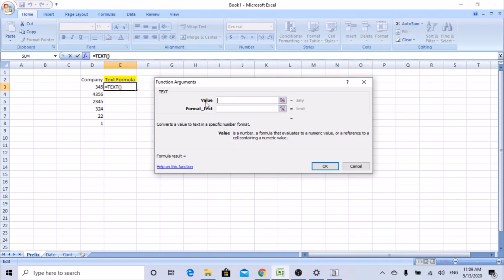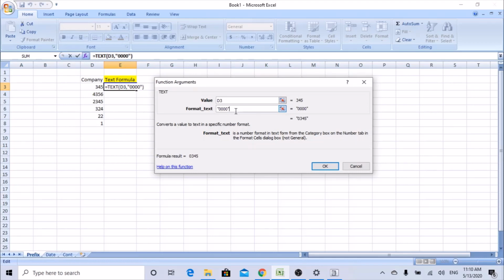It's asking for a value. The value is nothing but the cell you're trying to apply the text format to. I know it's D3, so I've selected this cell. Let's move into the other box, either by clicking tab or directly with the mouse. As we know, the company code is a maximum 4 digit number. So we'll start with a double quote, add 4 zeros, and close the double quote.